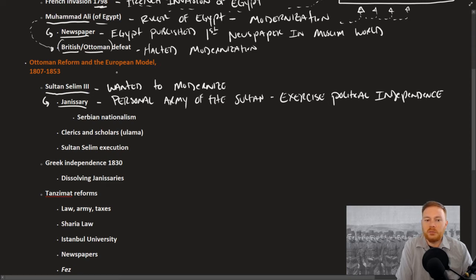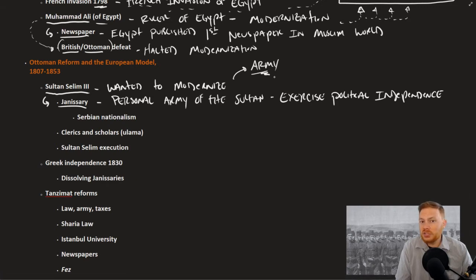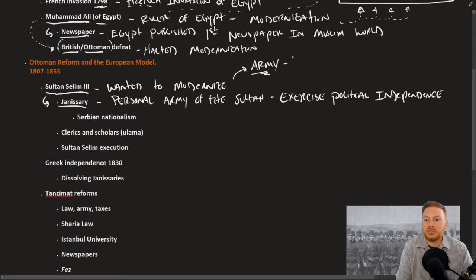And one of the big reforms was the army. You can think about different ways in which armies had changed. Technology was a big one, the use of guns as opposed to cavalry, which was the more traditional way of doing things. There were also in Europe at the time military schools, which studied tactics and everything related to warfare. That was new, that was not traditional. And so the Janissaries saw efforts to modernize, to put together an army in a new, modern way,